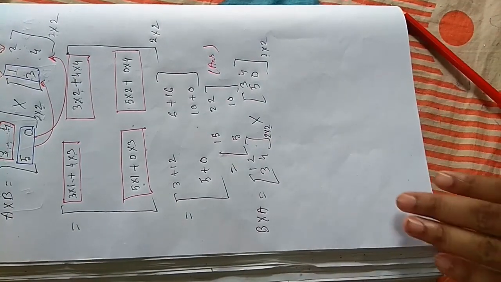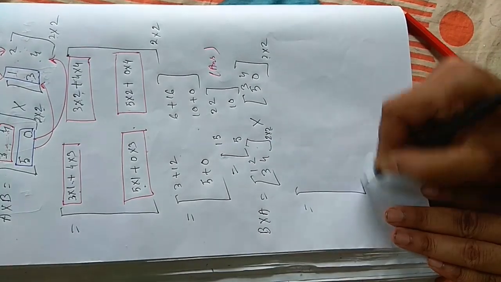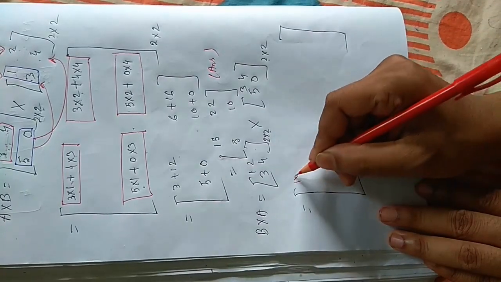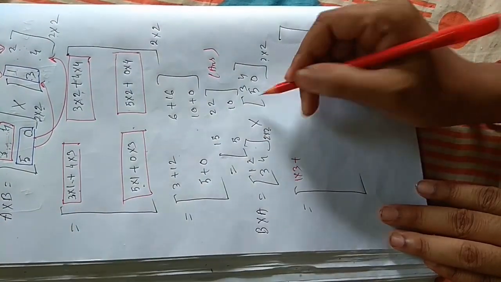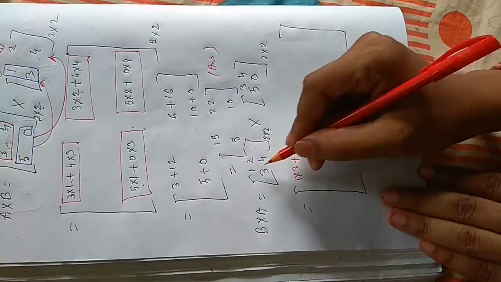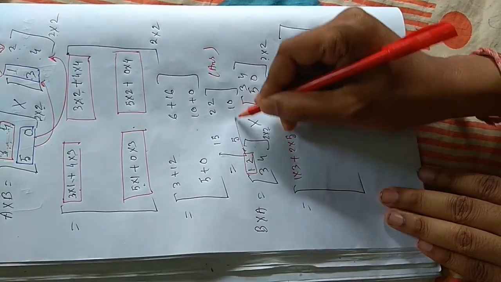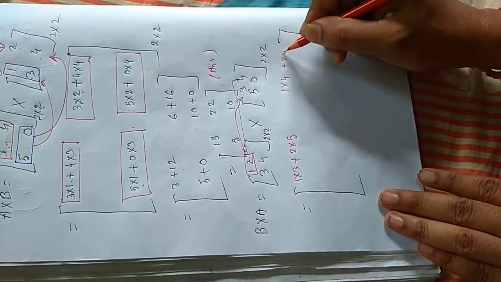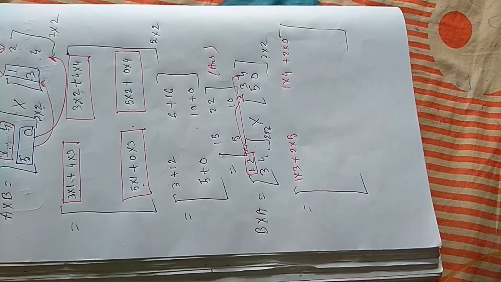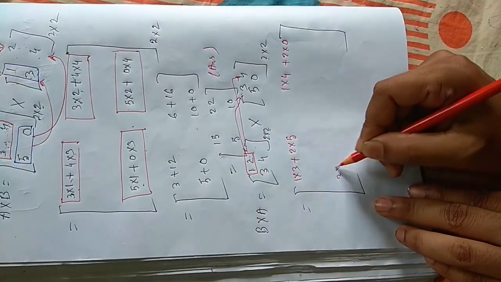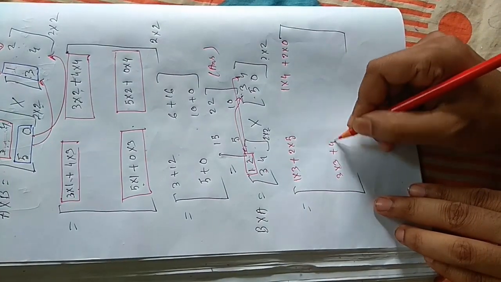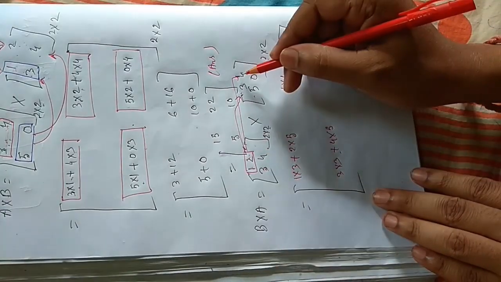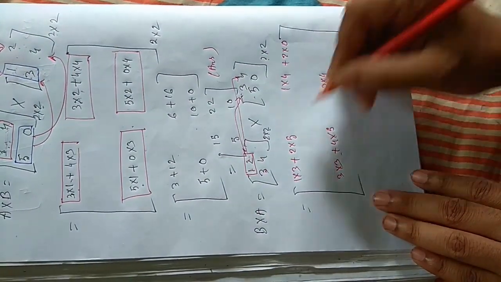Now we take BA. Similar process to the previous one. Okay, just see. First multiply: 1 times 3, take plus sign, 2 multiply 5. Done. Now this first row multiplies first with this column, then with this one. So 1 into 4, 2 into 0. Okay, now the first row is completed. Now second row: 3 into 3, 4 into 5, plus sign, always plus sign. If a minus sign is given, then minus sign. 3 into 4 and 4 into 0.